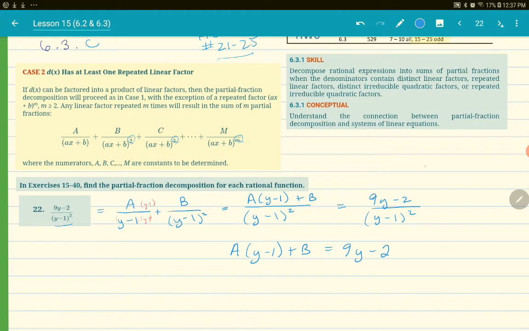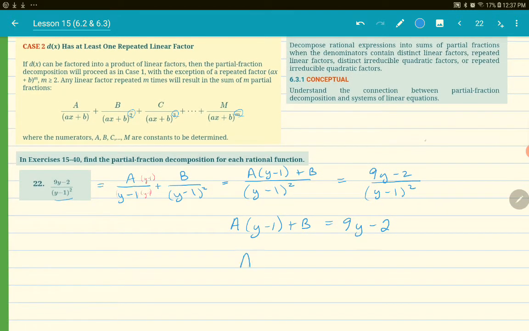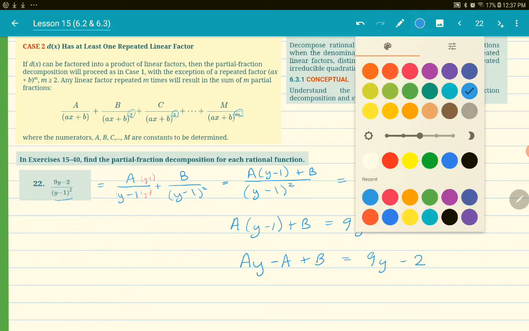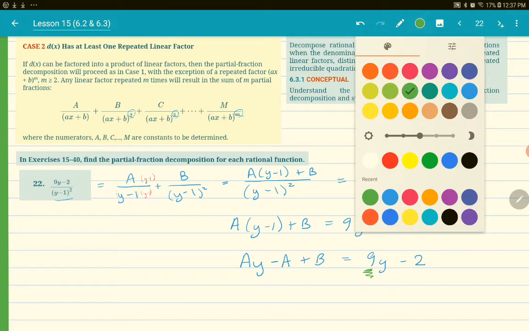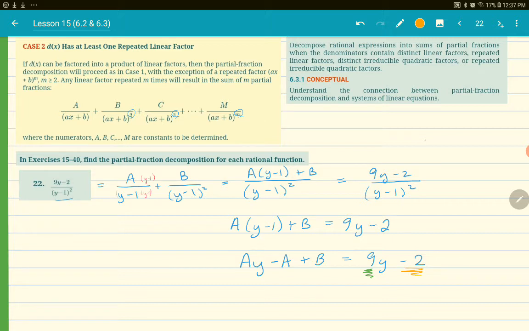Now to get rid of the parentheses, I distribute and get Ay minus A plus B equals 9y minus 2. Now I want to split it into these parts where I have the part with the coefficient,